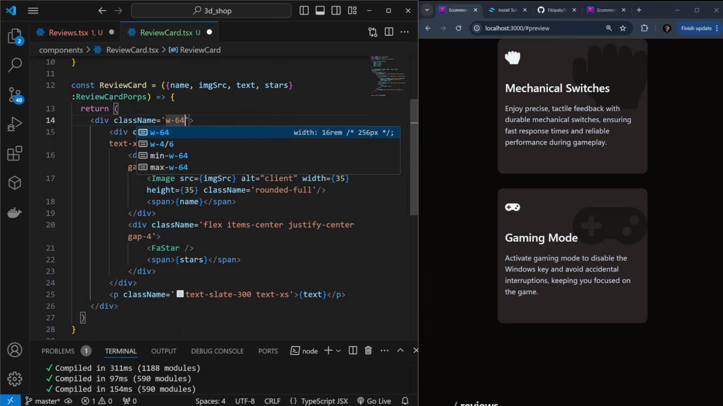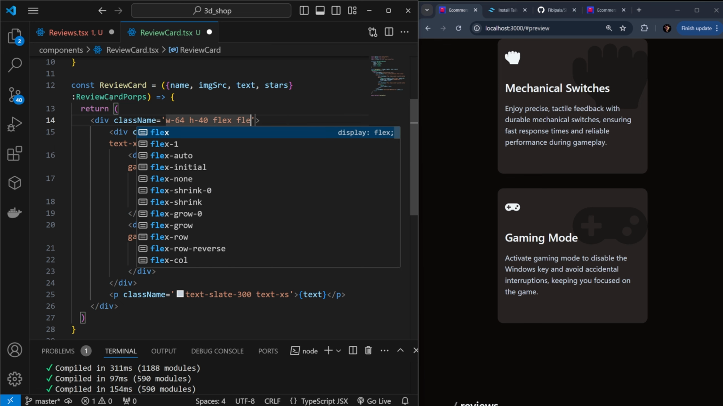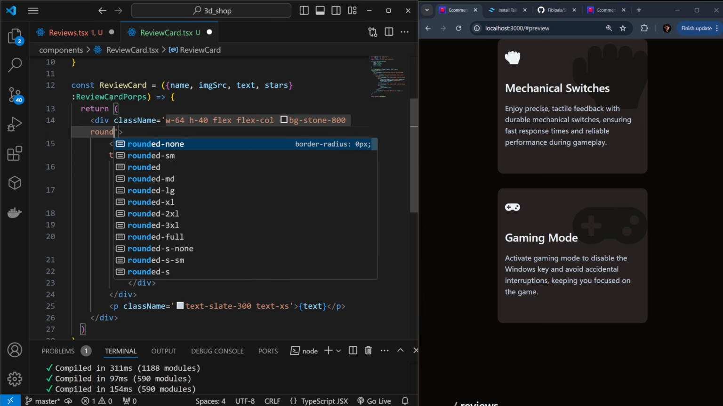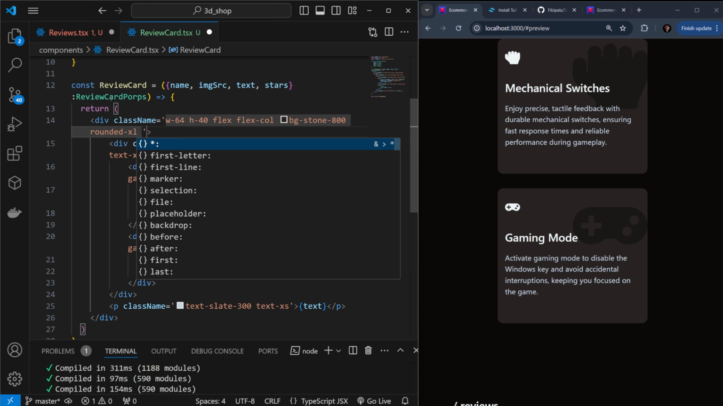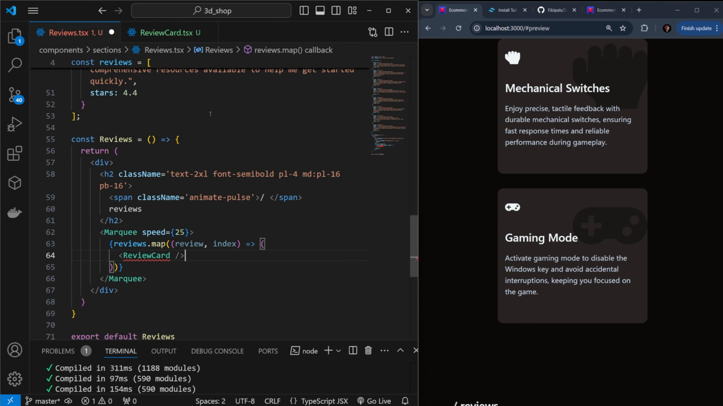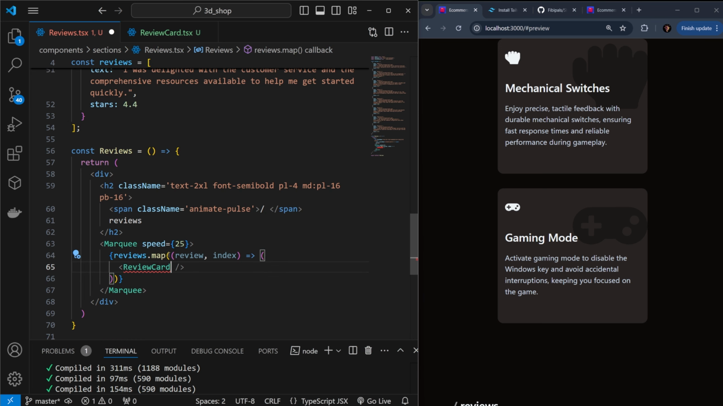And finally, we need to add a className to this main div, which would be equal to w-64, after this h-40, then flex, also flex-col, after this bg-stone-800, then rounded-xl. Also we have gap-y-2, px-4, py-6. And finally, mr-4. So let's save it. And now what we can do is return to our reviews, import our ReviewCard,